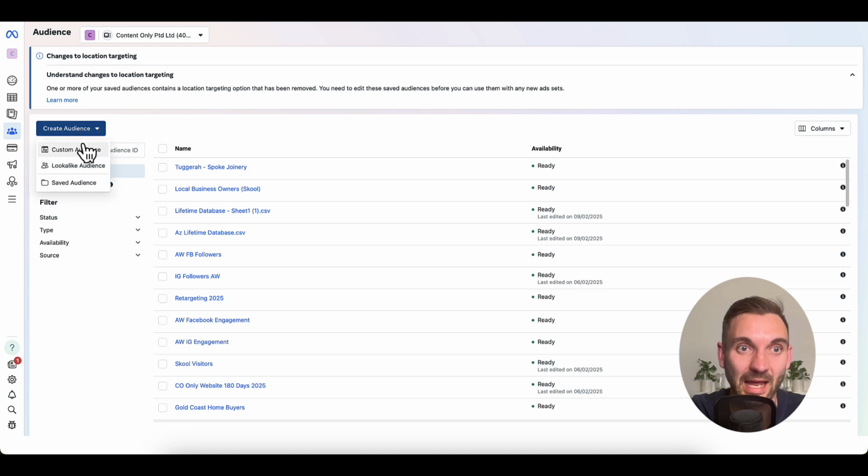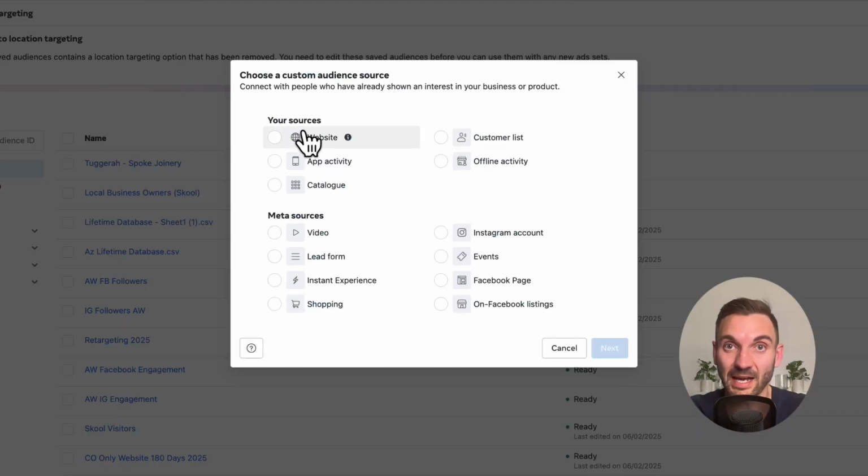The next one that you might also want to do is if you have a website set up, you can retarget anyone that's visited your website if you set this up with Meta. If you're not sure how to set this up, just go to YouTube and it'll show you how to set up this tracking so you can have anyone that visits your site in a retargeting audience. Or if you've got a developer, just ask them if they can go ahead and set this up. So you'll go choose the website option,